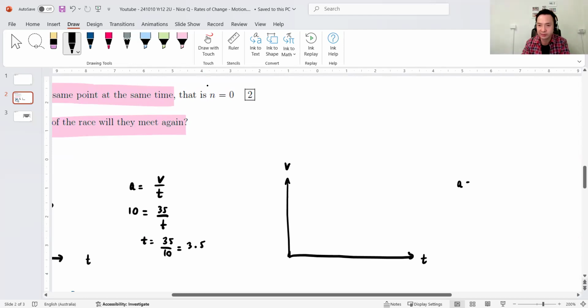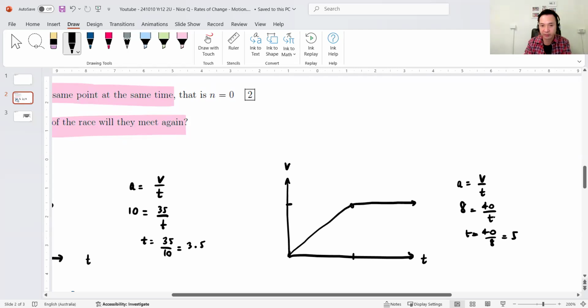Acceleration equals V on T. So he accelerates slower, but for longer. Velocity is 40, so T is 40 on 8, so 5 seconds. Even though it's not as steep, he just goes for longer. I know that there is 40 kilometers an hour, and this is 5. And guys, in the same vein, I've got